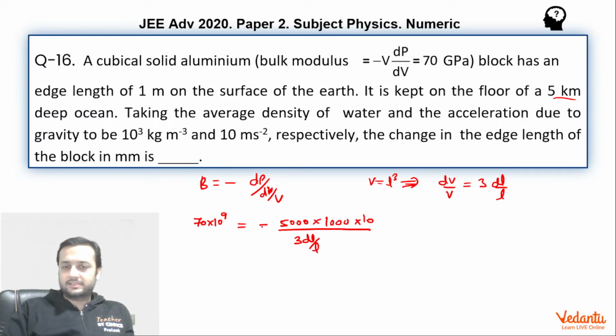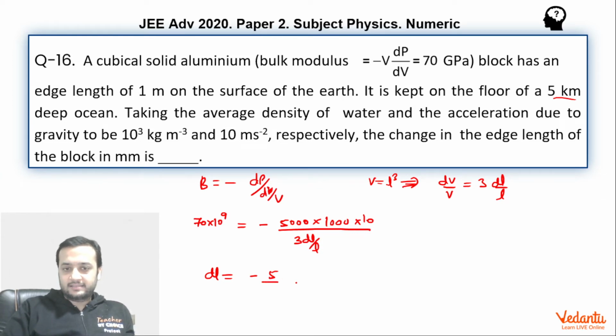What is the significance of the negative sign? As I told you, because of the increment in the pressure, there will be a decrement in the length. So dl over here will be a negative quantity, so that the bulk modulus is positive. So dl itself is negative. We can say that dl will come out to be, if you put L as 1 over here, 5 with 7 zeros over here.